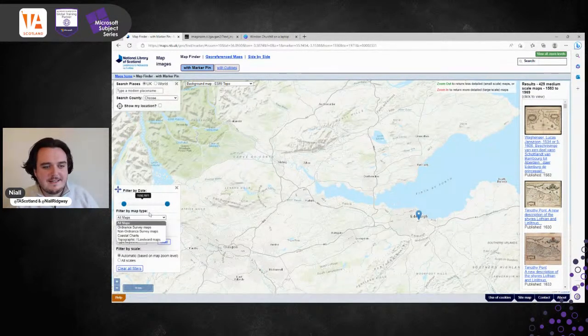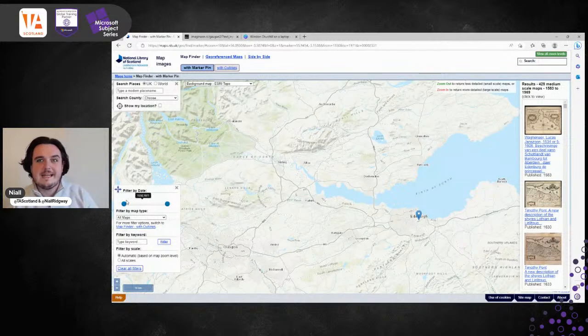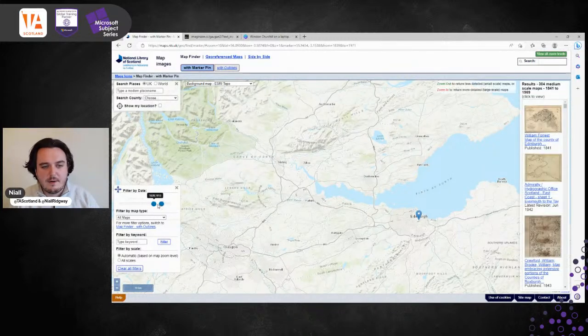And from here on the left-hand side, we can choose our different map types. So you can go for ordnance survey maps, you can go for topography maps, and also you can filter by keyword as well, which is pretty cool. The thing that I would love to show you though is filter by date. Depending on what you're having a look at with your class, maybe it's a history lesson, maybe it's geography, you can filter by date. So maybe in your history lesson, you're having a look at the Victorians, so you're wanting a map maybe around about